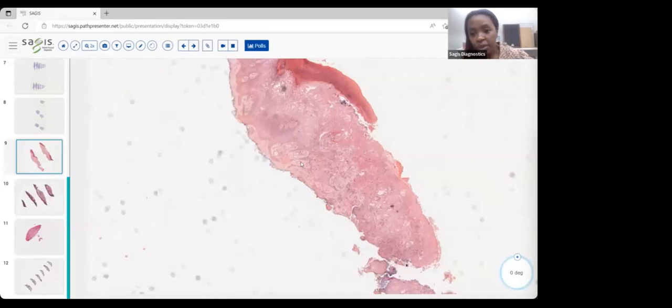So you can see all those things. Something that is a little bit characteristic of smallpox and monkeypox is epidermal necrosis. Like you really see a necrosis as part of the